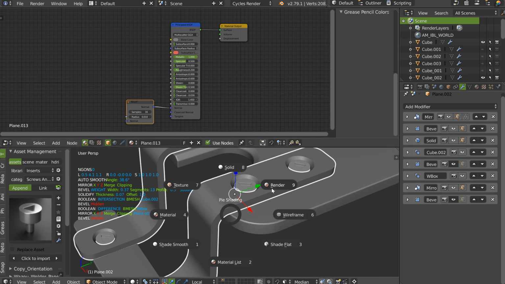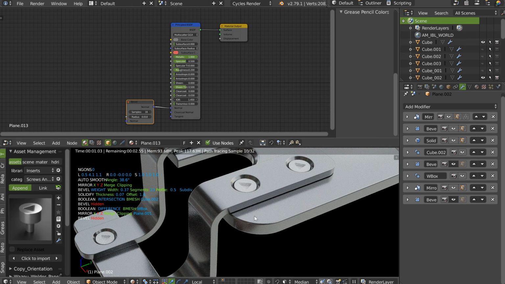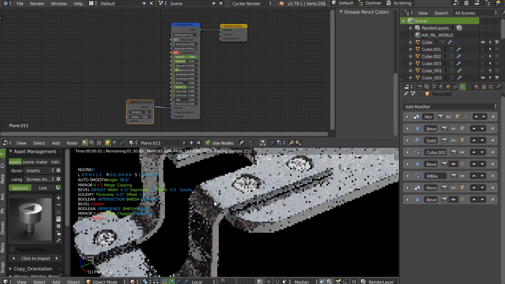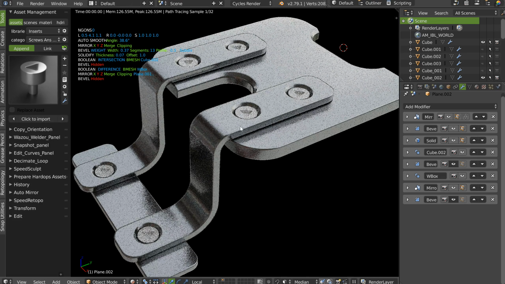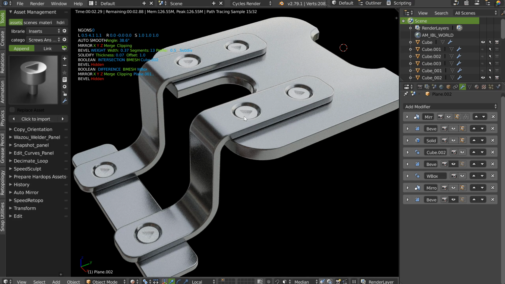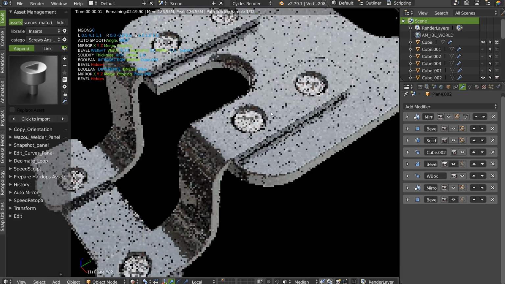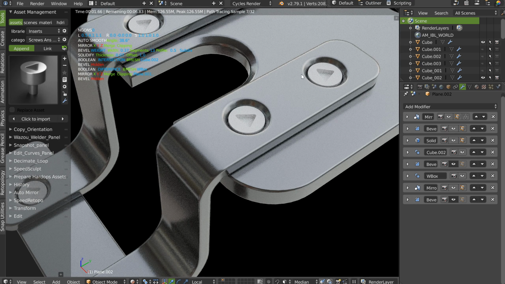If I press render, I have this result, and I can change the radius here, as you can see, to have exactly what I want. Maybe this one is too big. So, like this, you can have something better, and as you can see, the result is nice.